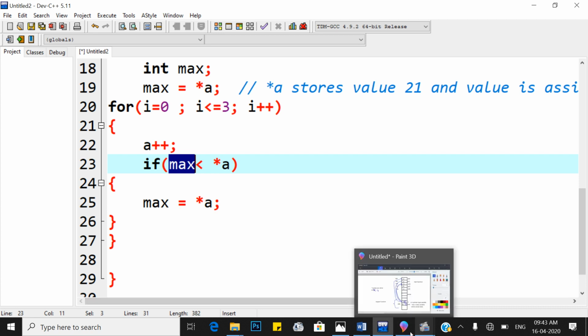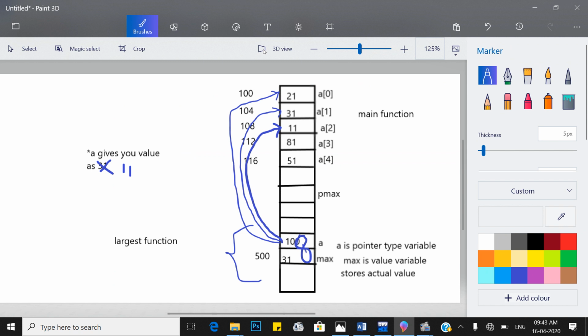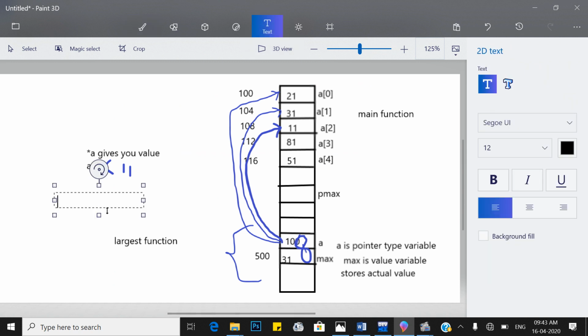A plus plus. Now what does A plus plus mean? A is incremented by 4 bytes. So what is the next address? A stores address 112.